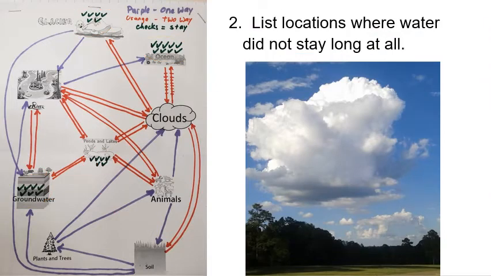Where does water not stay long at all? First of all, clouds. Clouds never last that long. You see clouds in the sky, they grow bigger and they grow bigger, they pick up more water, and eventually, usually pretty quickly, the clouds get so big that they have to drop their water. So the water goes up, the cloud gets bigger and bigger and bigger, and the water comes right back down. The lifespan of a cloud is measured in maybe days. No cloud lasts more than a couple of days before it gets so big that it has to drop all